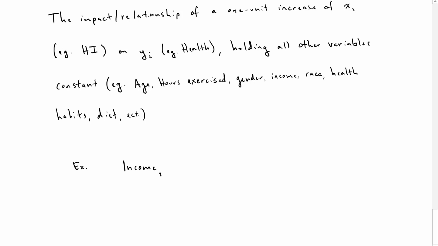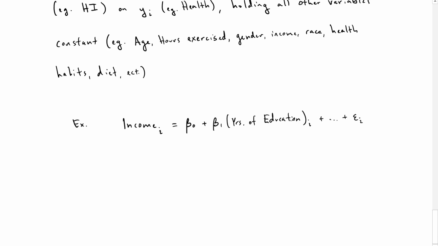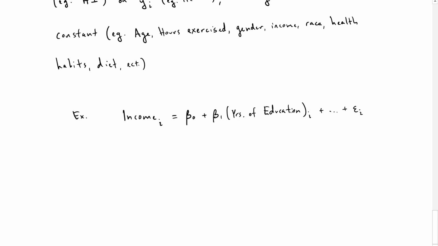The income of person i is going to be equal to beta 0 plus beta 1 times the years of education of person i, plus a bunch of control variables, plus the error term. And so the interpretation of beta here is